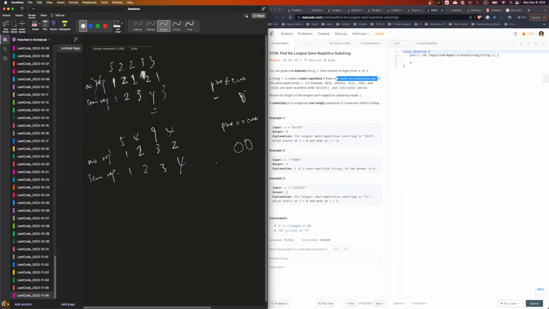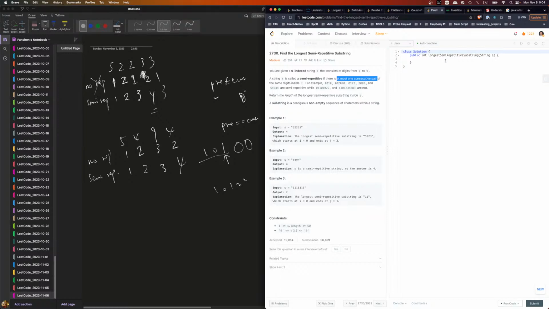So what we want is the previous one from this that does not have a consecutive pair, but it can have repeats, right? Like 1, 0, 1. This is good. 1, 0, 1, 2, 2 is good. You just double check on this. If we do 1, 0, 1, 2, 2, this is good. This should be 5, but in your previous idea, it's going to be wrong. Yeah, this is good, which means we need to find out